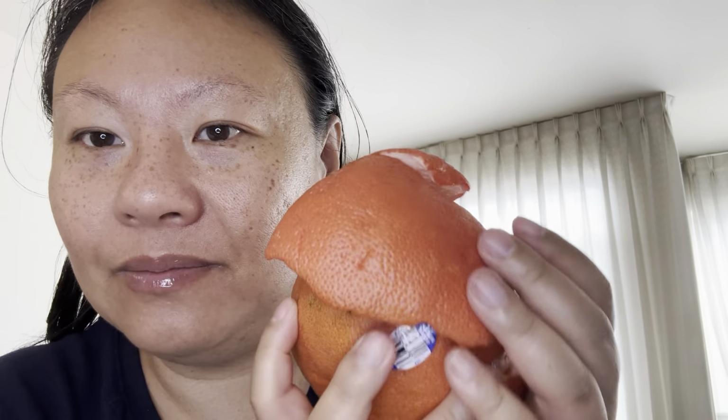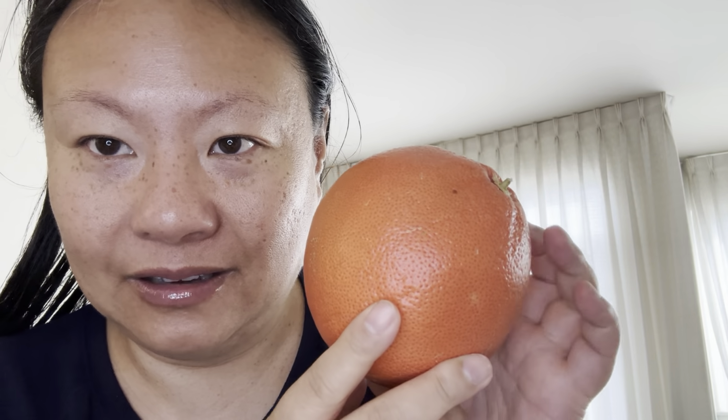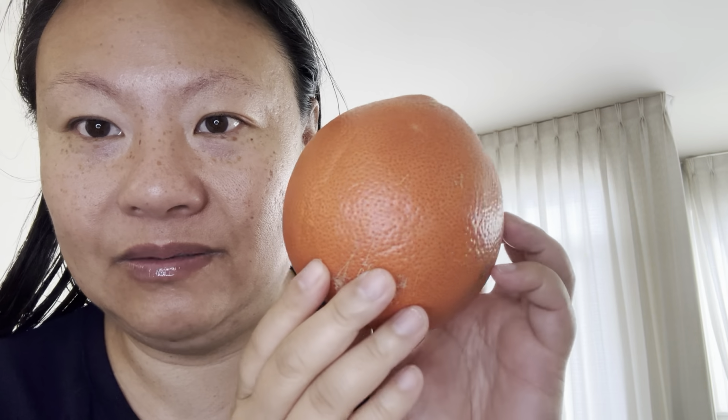I love citrus fruit, and I also was inspired because for some reason the grapefruits that we are having in the stores right now are this beautiful orange color. Maybe it's from global warming and overheating, but it's never been this red before in my life. I've only ever seen yellow skinned grapefruits with a slight tinge of red. I've never seen ones this red before. So that inspired me to do another orange